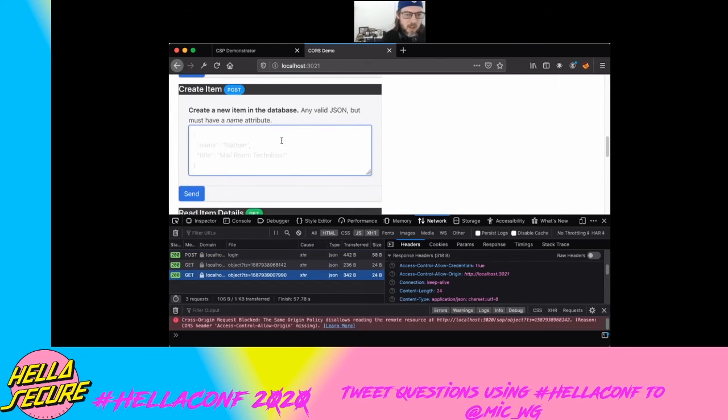Post is there, and you can put in JSON objects, and you can see the placeholder in there. Kind of gives away the structure. They need to have a name. Everything else is arbitrary. In this case, it was, so Nathan's one of my coworkers, and when I showed him